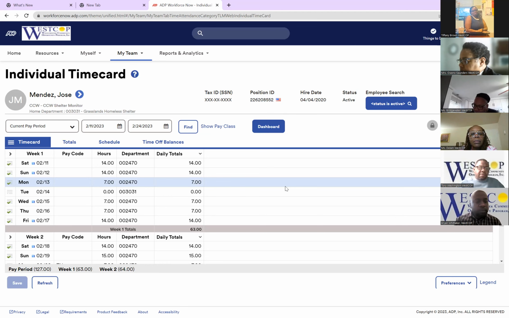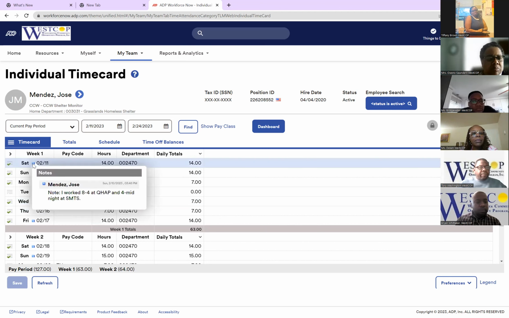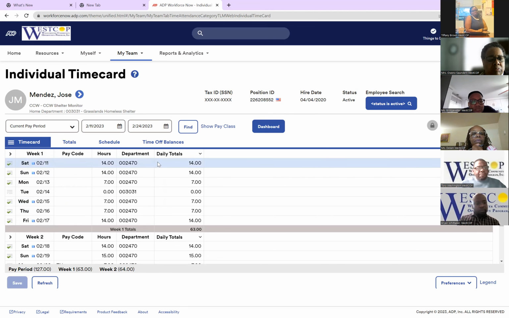Okay, so just looking at this one that Washington did. You see how if I hover over here and the time is shown? If I hover, it says I worked at QHAB 8 to 4 and 4 to midnight at SMTS. I understand why this person has 14 hours, which he still shouldn't have 14 because